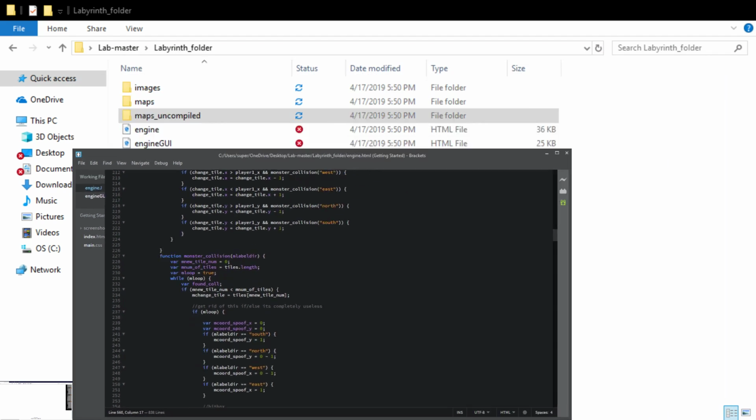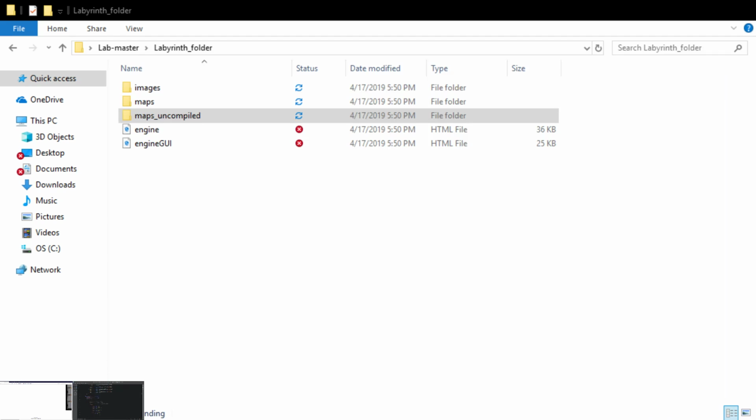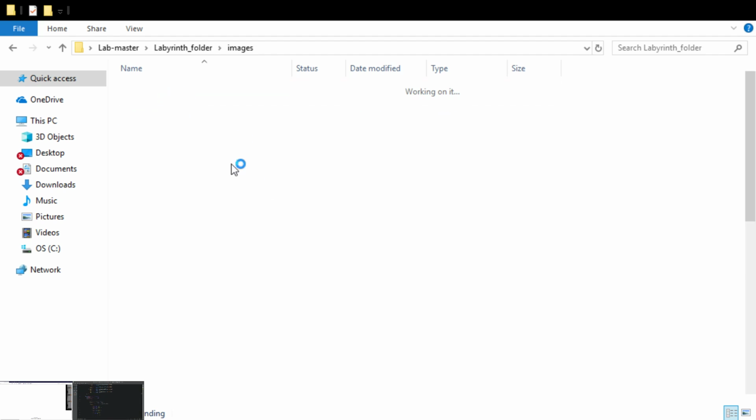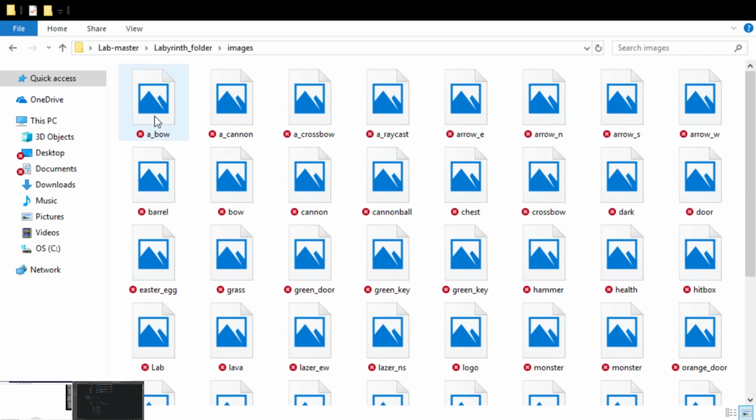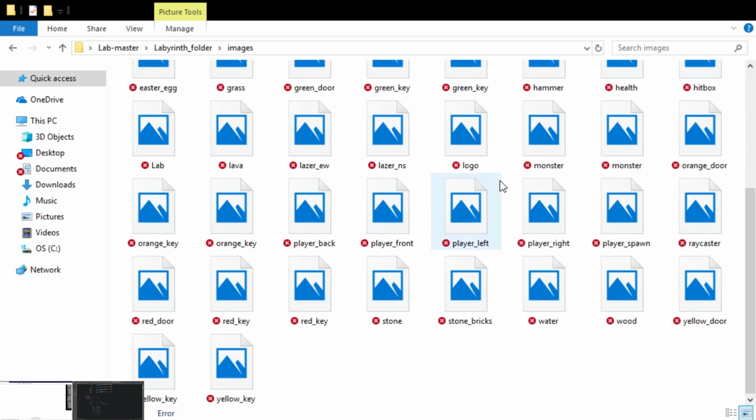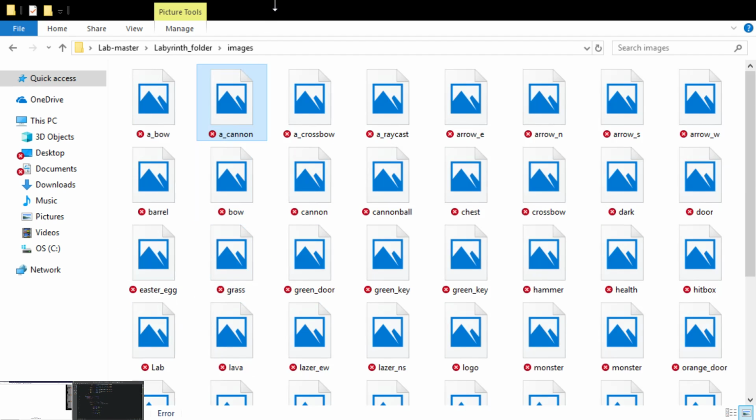Another thing that we did is all the art for the game was also made by us. So if I go into images, this is where all the art is stored. If we look into the files, you'll see various textures and things that we've made. And each of these would be the texture for a tile. And then that all comes together